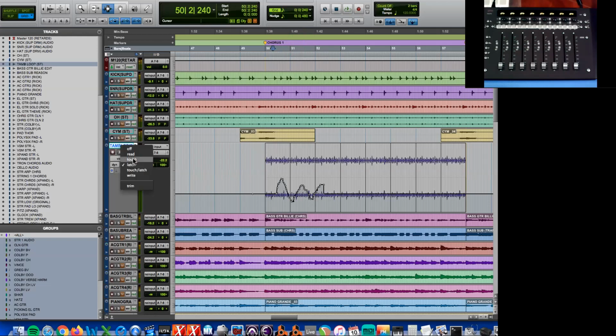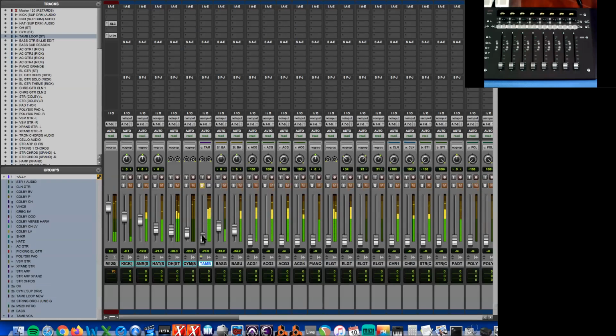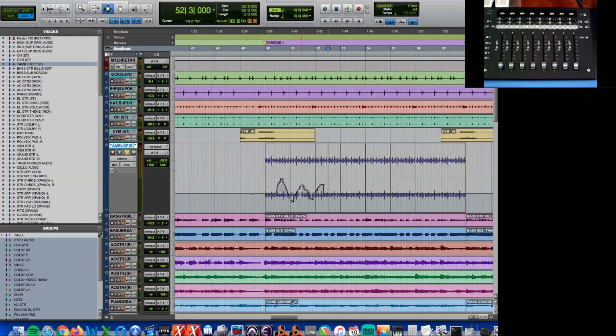Let's put it into read mode. We'll talk about the modes in a second. And so now if I just simply want to, these moves are great, but the overall volume of the tambourine might be a little low. If I want to trim it up, I can no longer do that from the fader. I'm locked out of the fader. The fader is now only by control of the computer, the automation lane. I can no longer trim using the fader, and that is where I part ways with Pro Tools implementation of